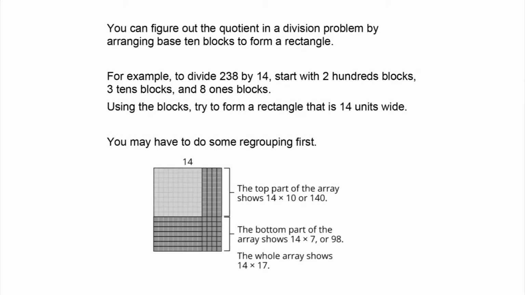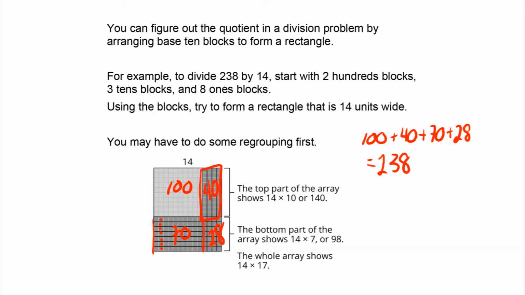So we start off here. We can see that we've got a 100 block, and then we've got another block here, which is 40. Then down here we've got 1, 2, 3, 4, 5, 6, 7 rows of 10, which gives us another 70. And then here we have 4 rows of 7, which is 28. And just like we've done before, we can confirm that when we add it all together, we get